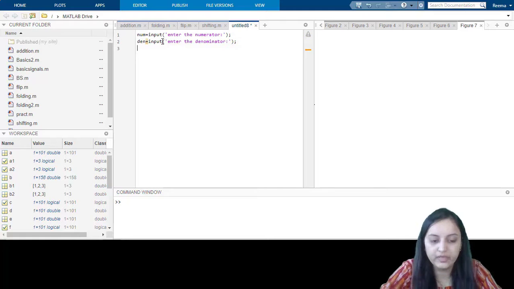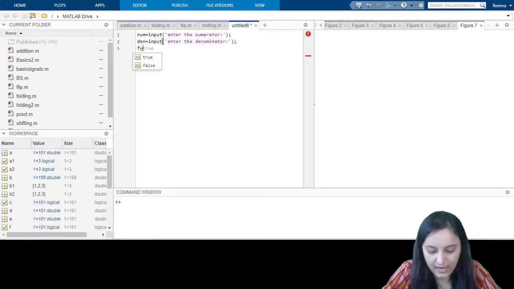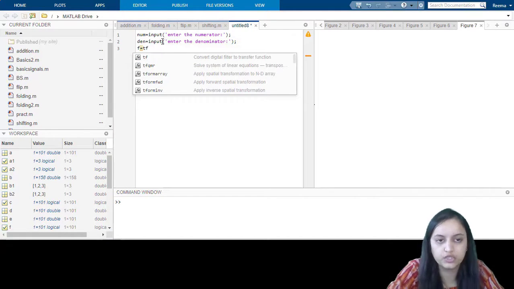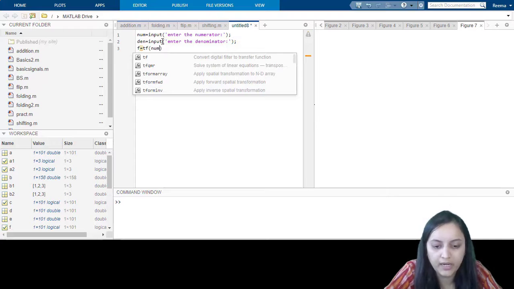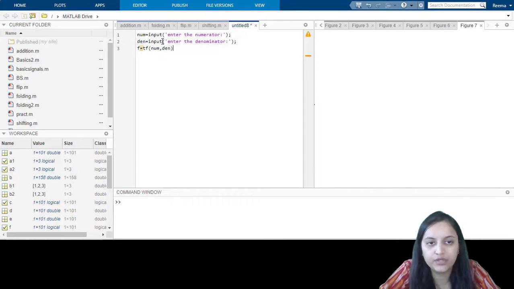Now we will use the inbuilt function of MATLAB using another variable f equals to tf. Here tf stands for transfer function from the given numerator and denominator. So the syntax for that is f equals to tf, numerator, denominator.